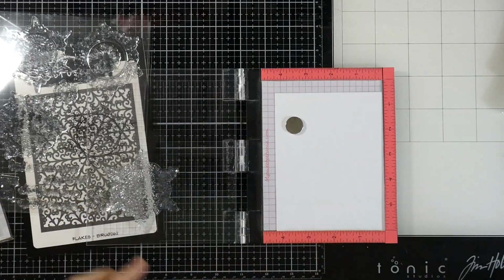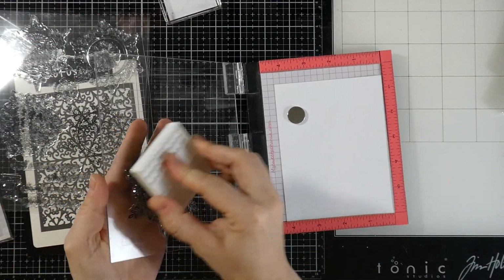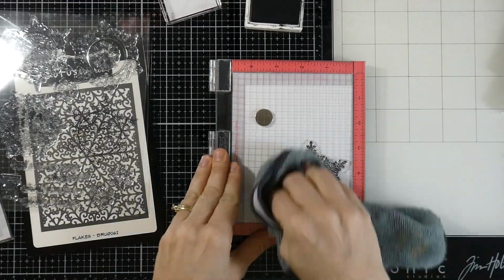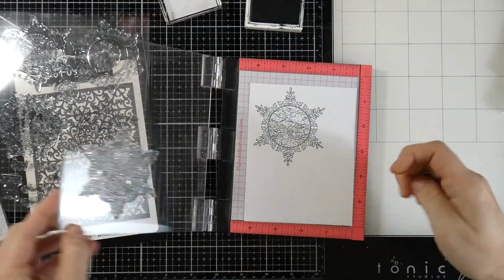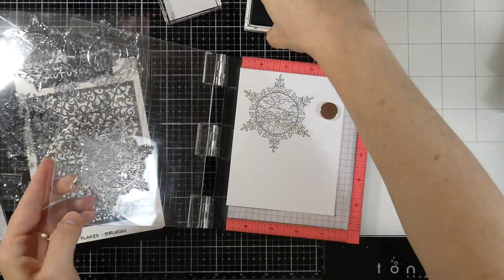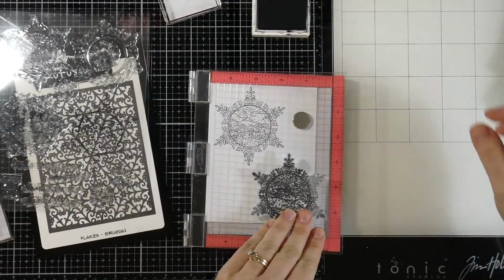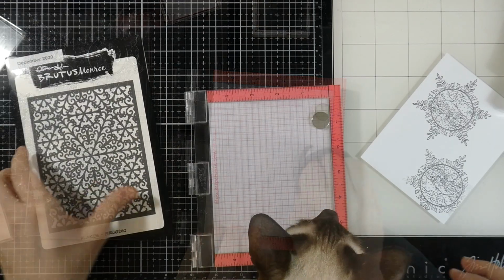All right, I'm going to pull out the snowflake that I want from the Snow Scene stamp set, put that into my Mini Misty. I'm going to ink that up with some Raven Detail ink because I want to do some Copic coloring, and then I'll stamp that down. I'm actually going to stamp it more than once. The other one I only need just the circle from, so I'm going to push my Alcohol Perfect cardstock. This is the Perfect Blend cardstock that Brutus Monroe carries,